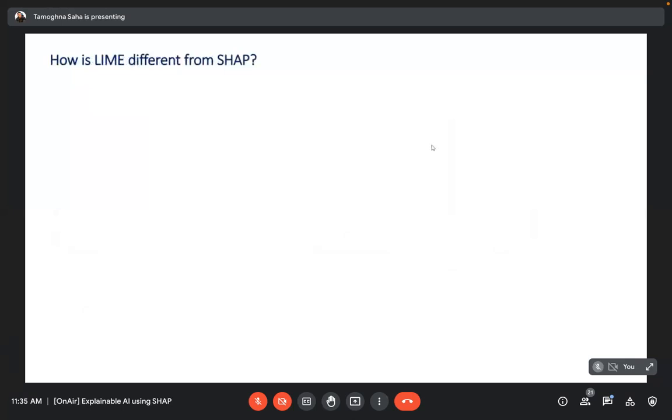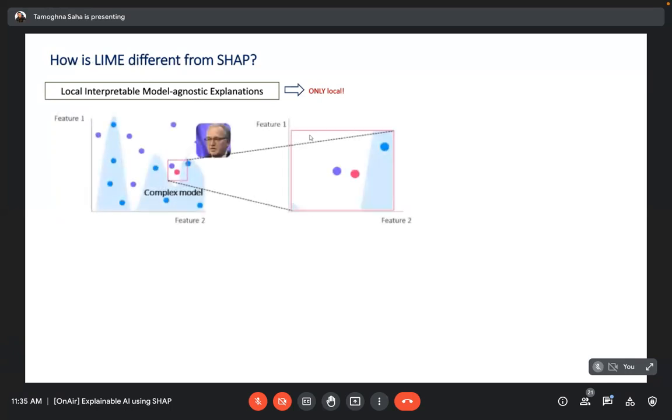As I was mentioning, how is LIME different? It stands for local interpretable model agnostic explanation. You are pretty well understanding the terminology; it's pretty much self-explanatory, right? It's only local. You cannot scale it up and generalize it to a global scale. That is one major difference. And because of this only, as you remember when I was talking about the additive part, only that local accuracy is getting justified and nothing else.